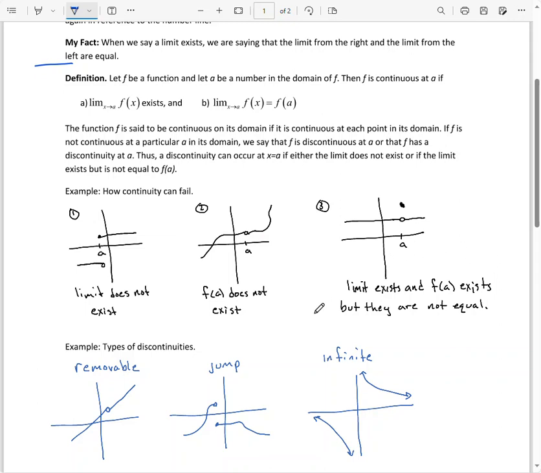The function f is said to be continuous on its domain if it is continuous at each point in its domain. If f is not continuous at a particular a, we say that it is discontinuous at a, or that f has a discontinuity. Thus, a discontinuity can occur at x equals a if either the limit does not exist, like in example 1, limit from the right and the limit from the left are different,